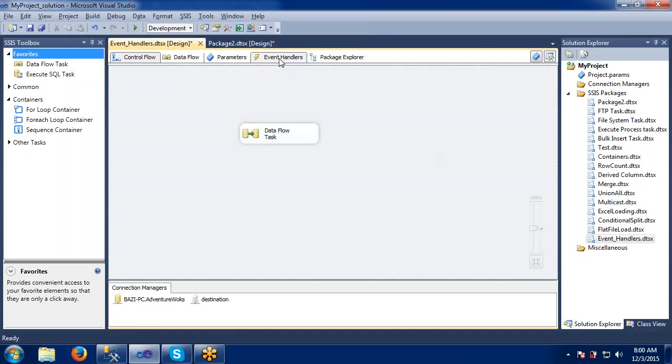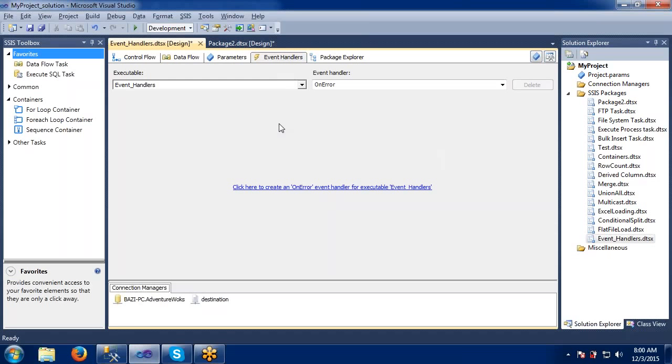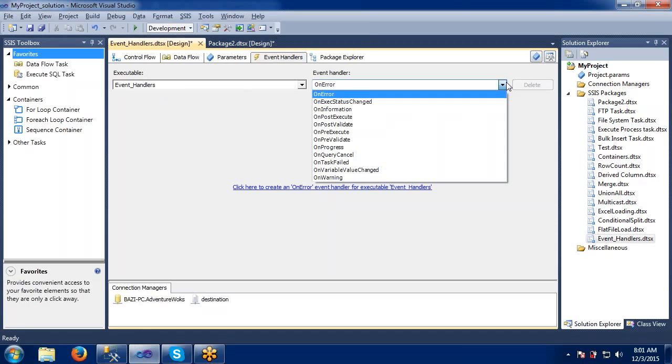Just click on the event handlers. So here you can see the executable event handlers. In this, some options are given. I think yesterday we also saw these options in the logging mechanisms, but those are predefined and we cannot do anything on them. But here in the event handlers, we can handle something.